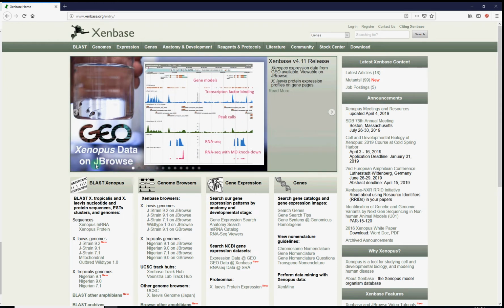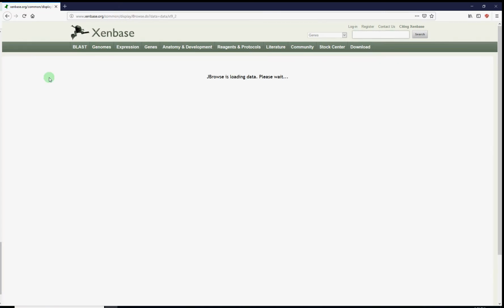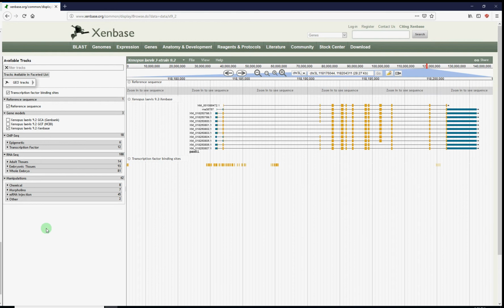So we've gotten a large set of tracks from there, approximately 500 tracks so far, spread across Lavis and Tropicalis, the latest genome versions. So let's go exploring. Let's go to genomes and let's go to the Lavis 9.2 genome version on JBrowse. Okay, so you'll see that the new set of GEO tracks have all been added here